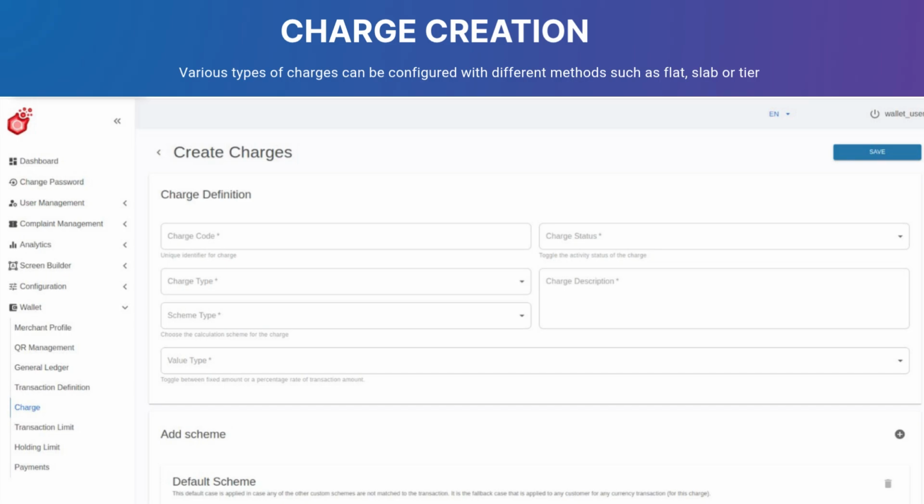A flat scheme means the same fee applies to all transactions. A slab scheme allows different rates based on transaction amount brackets. And a tiered scheme can apply rates cumulatively over different segments. You also define whether the value type will be a fixed amount or a percentage rate, depending on your pricing model. All configurations are completed by filling in the charge status, description, and linking to the default scheme or any custom schemes. This highly configurable setup gives the bank or wallet operator flexibility to define complex charging rules while maintaining